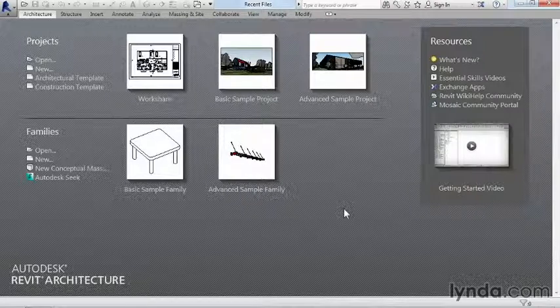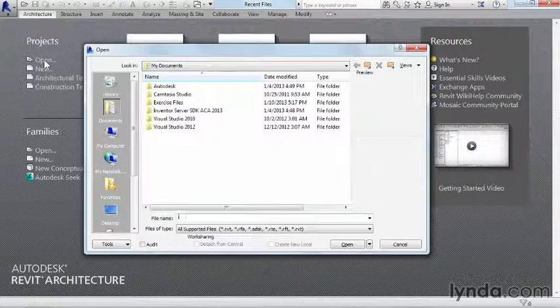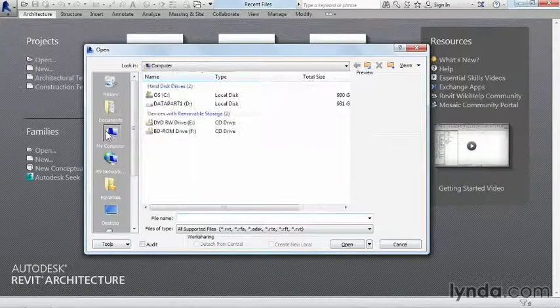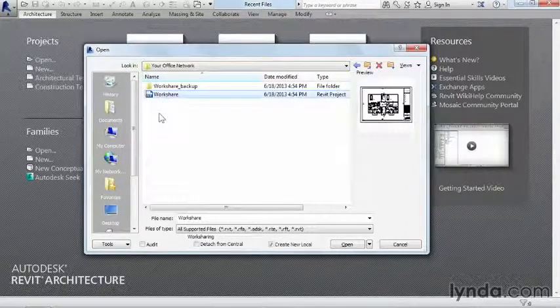So what I've done is set up a simulated network here on my system, and I've created a file called workshare. And I'm going to show you how you would access that if it's a work sharing file. So I would use my open link, or I could go to my application menu to get there and go to my network server. In this case, it's on my D drive. And I've just created a folder called Your Office Network to simulate this location. When I open that folder and I select the central file, in this case, a file called workshare,